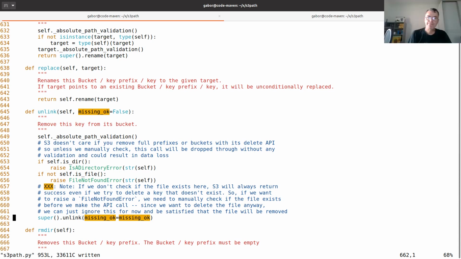Now, the second one is you can see between line 649 and line 656, I can raise exceptions. So we need to wrap these lines as well with some kind of try except. Do you want to accept?